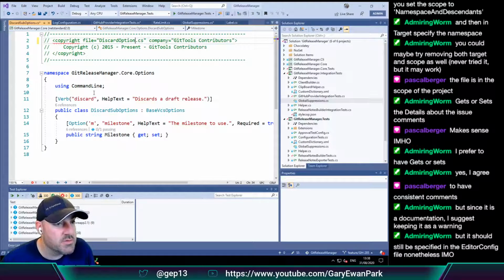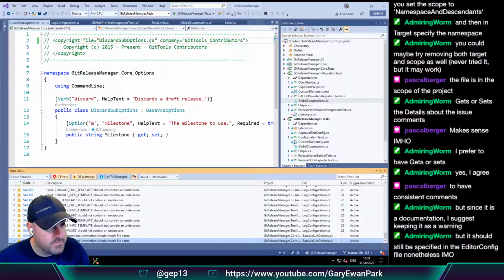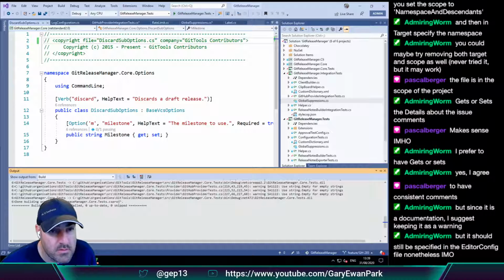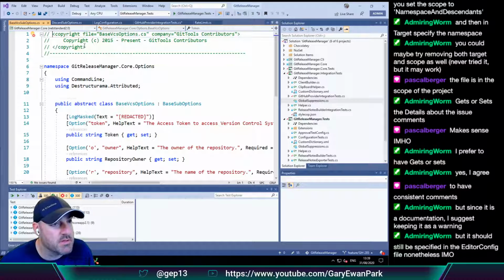Discard option. That's what it's meant to say. What are you complaining about? Oh, there's no discard sub options. Sorry, I read that wrong. Discard sub options. This is base VCS.